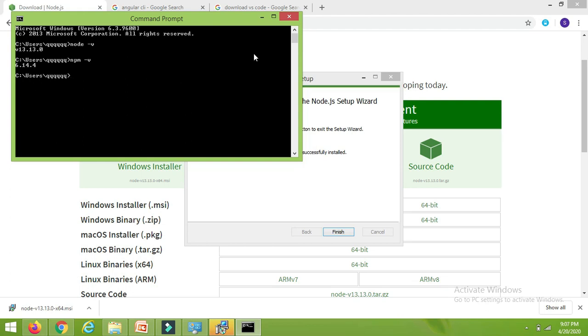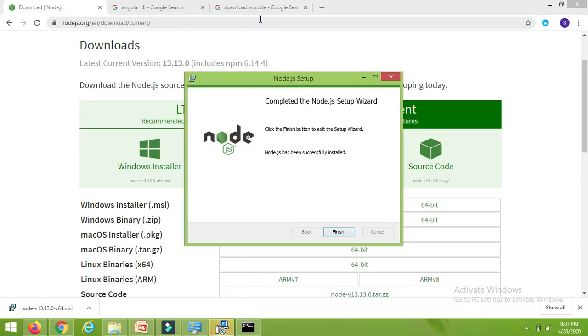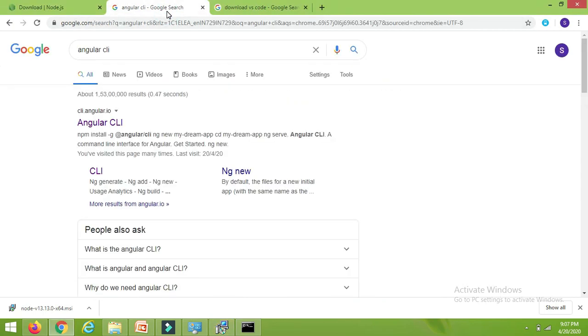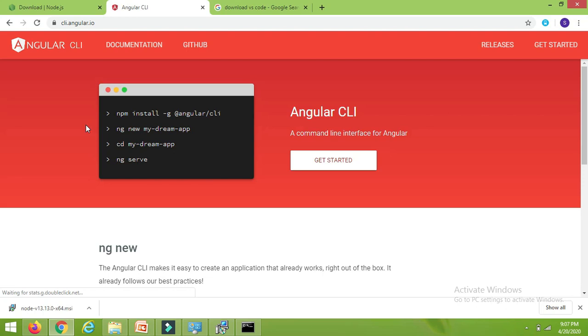To install the Angular CLI on your system, just go to the browser and type Angular CLI. It will give the link for the official Angular CLI website. Here you will see some commands which are used to create a project using Angular CLI. But the first command is npm install -g @angular/cli. This command is used to install the Angular CLI.